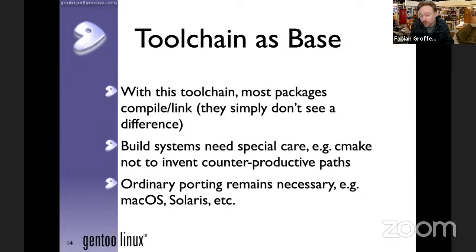Of course, there are these things that are actually trying to be smart, such as CMake. CMake is an all-time favorite or horrific thing. What was wrong with autoconf? It was too slow. Okay, so you create something new. And then, of course, you create something that is trying to be smart. So we need to patch most of that smartness out of there such that it just respects, hey, look, there is an offset. In this offset, you find all tools that are sufficient, correct, up to date, having the patches that you need. So please don't try and invent something yourself.